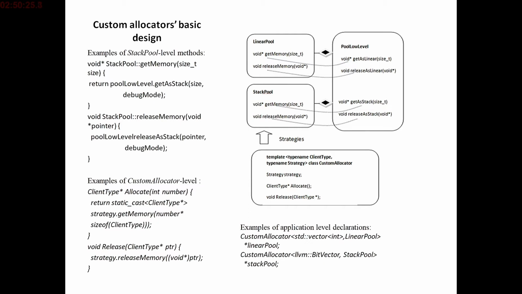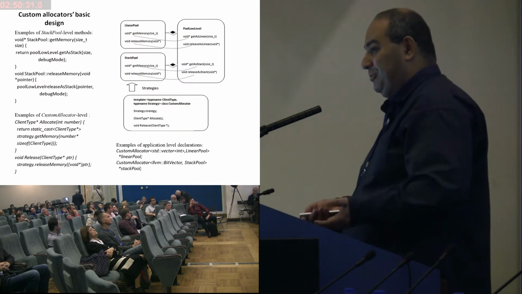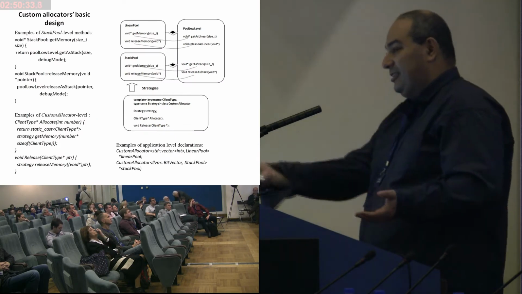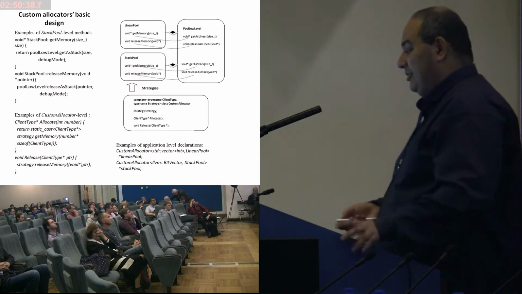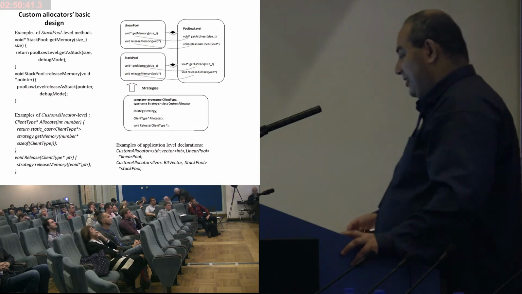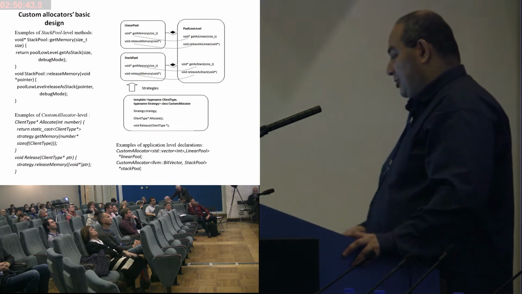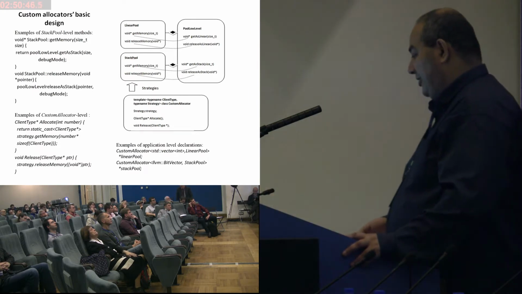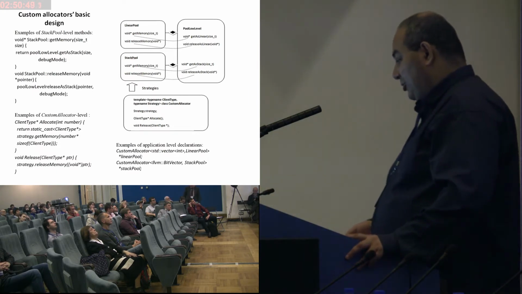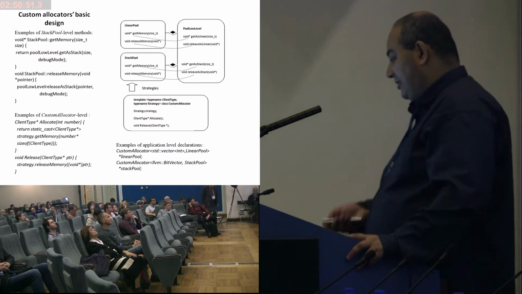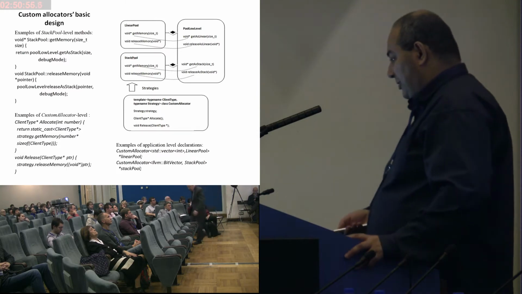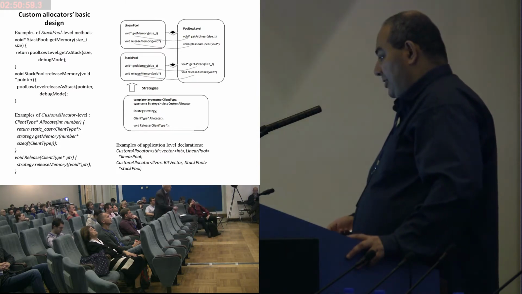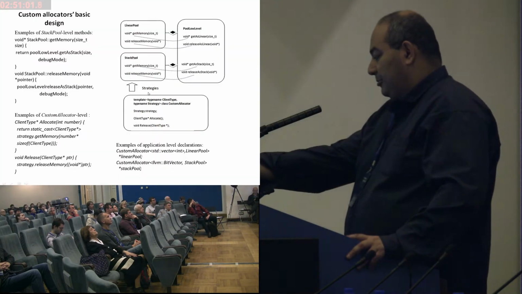Client type and strategy. Client type is, for instance, the name of a class. Memory, for instance, where we will allocate memory through the custom allocator, and the strategy: linear, stack, linked list, or something else. So this template has 2 parameters, strategy and client type. The main methods are allocate, release, and the strategy property, the type of allocator. Next level,